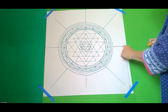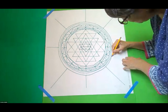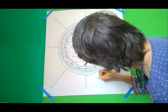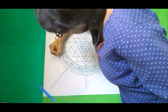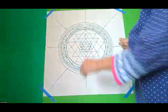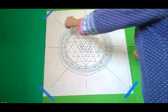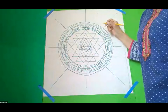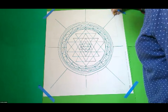Come over here to the horizontal line, same thing. Find that division, draw a line out. On the bottom, and on this side, okay? Now from here, I'm going to be intersecting these beautiful diagonal lines I already made to make that first outer square. So you can use a ruler, or you can just go like this, come here, and then